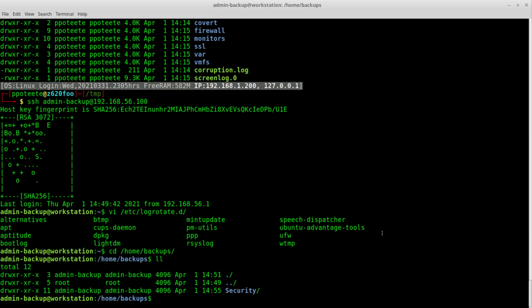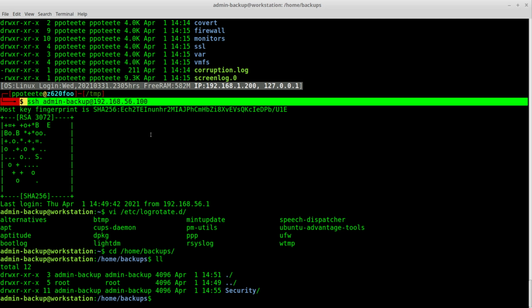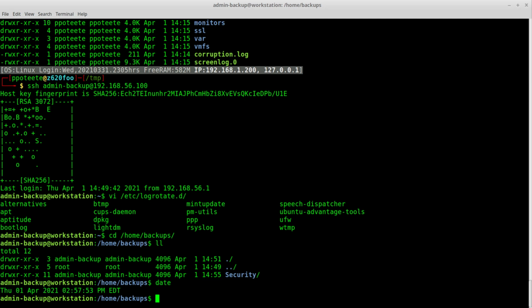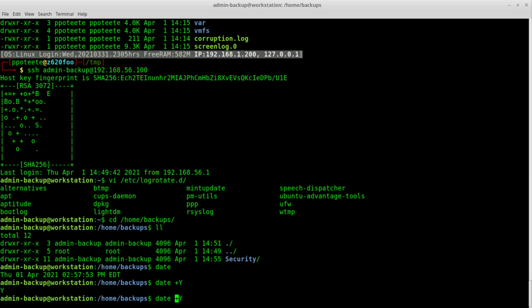Inside of there, we've got security, but we could have backups run every evening or after it's complete from the workstation over. After the backups are complete, we can have it run through and then move that security directory or tar the security directory to a directory with a date stamp on it. So we could do a tar, and when I say a date stamp, if you type the word date, you'll get a date there. And if you use plus y, for instance, if you do those kind of, percent, what was that, percent,